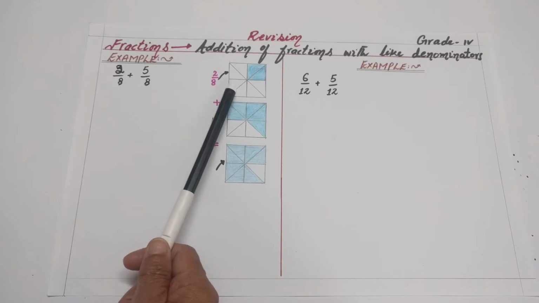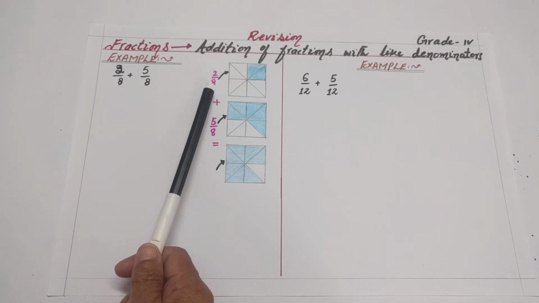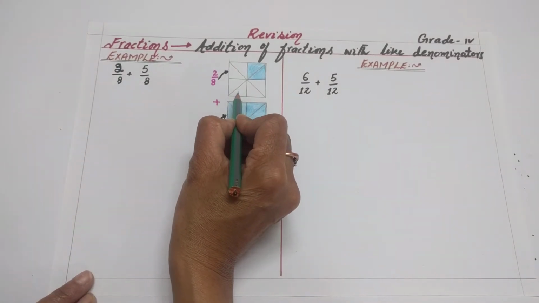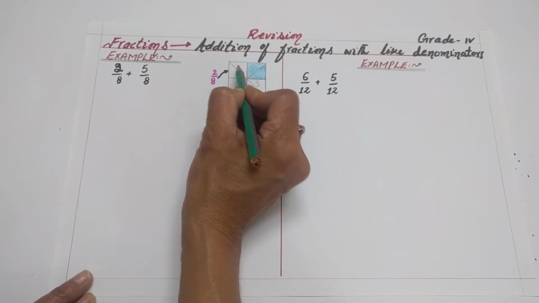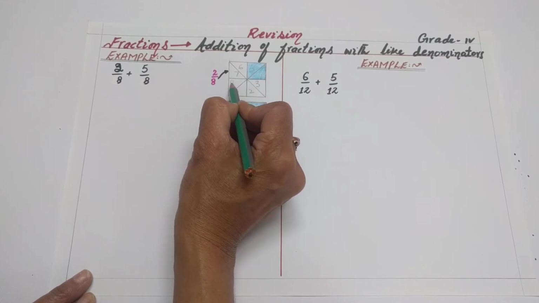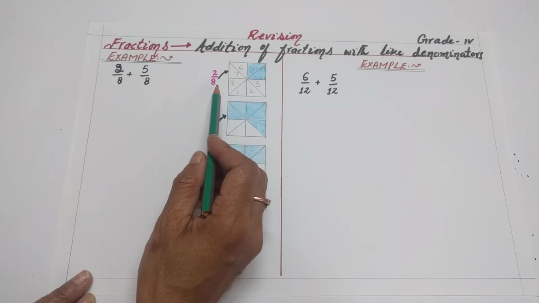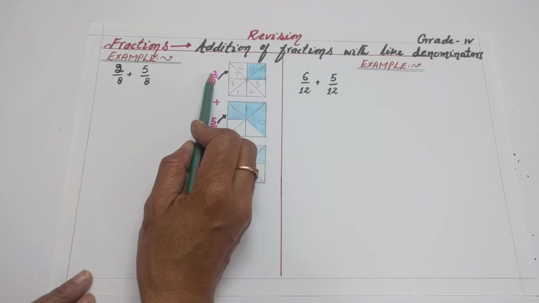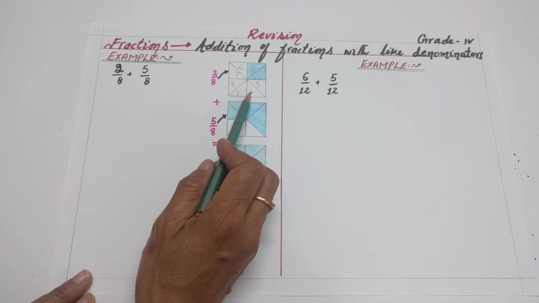So 2 by 8, this diagram is for the first fraction. 8 is the denominator and denominator means total parts. Let's count how many parts are over here. In this diagram we have 1, 2, 3, 4, 5, 6, 7 and 8 equal parts. So the denominator is 8 and the shaded parts are only 2. That's why the numerator is 2. Numerator is the shaded parts, and denominator is the total parts of the shape.